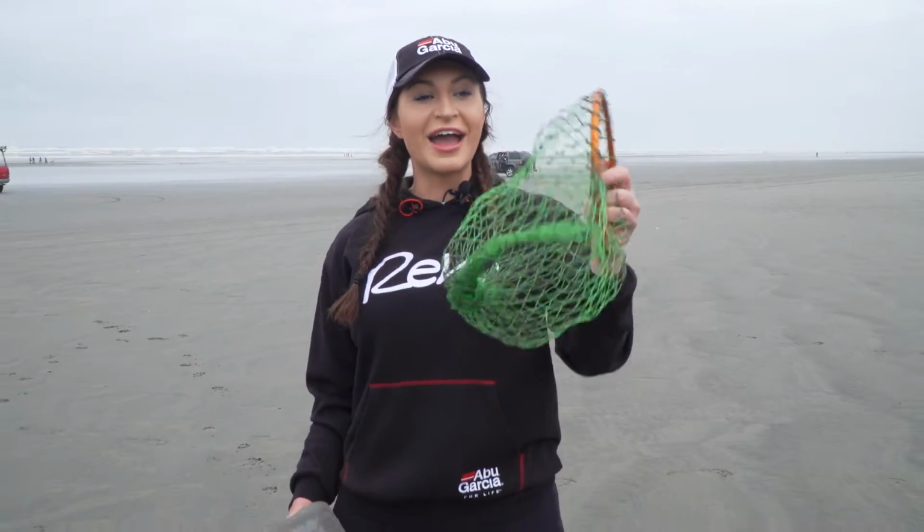Watched our fishing reports this season, you know I've had my fingers crossed all season long for clam tides, and finally we have a good series of clam tides. Now, today our tide is a -2-foot tide, which is fantastic for clam digging. So I came out today, I have my clam net and my shovel, and I'm gonna go try to dig